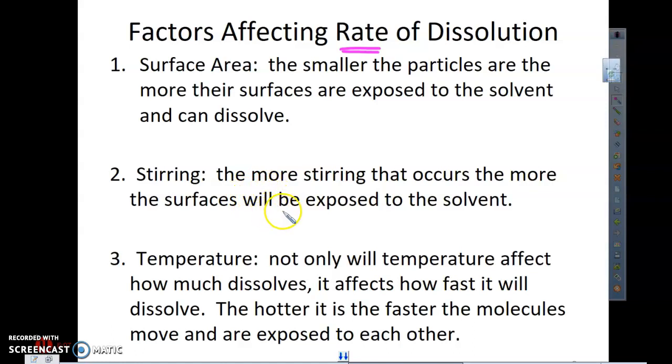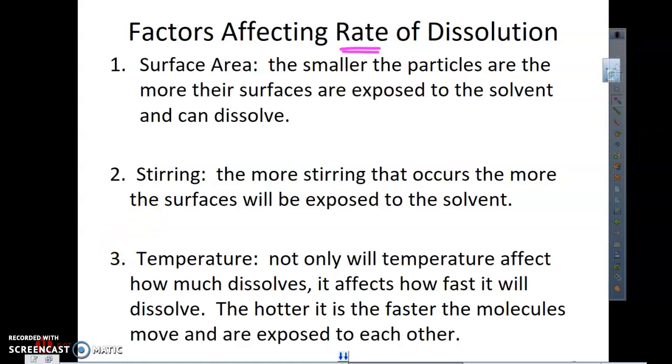Stirring, again, you're just having more surface exposed to the solvent. And temperature: not only will temperature affect how much dissolves, it does affect how fast it dissolves as well, because the molecules are just moving faster. Remember from last chapter, kinetic molecular theory,